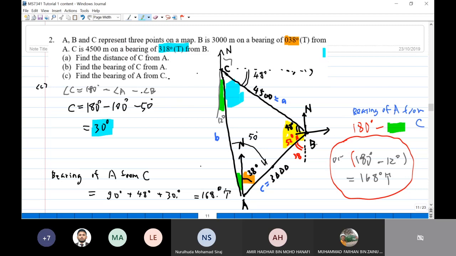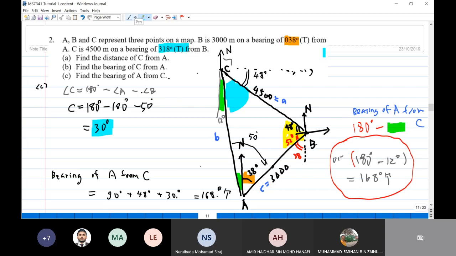Okay, this one, angle C here. The simplest way is to take 180 minus 50 minus 100. Okay, so minus angle A, angle B, you get 30 degrees. So the bearing of